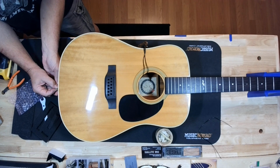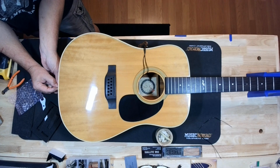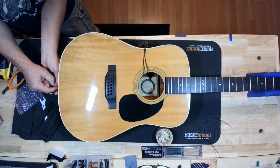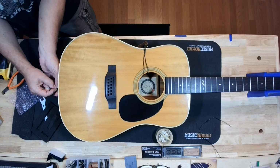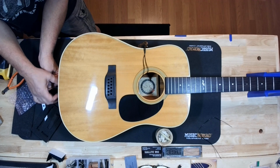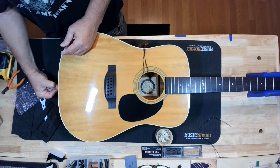I think I'm going to have to do that. This nut does not want to go over it. I don't know what's catching. There we go. Just when I think I have to take it apart, it goes. Okay, so